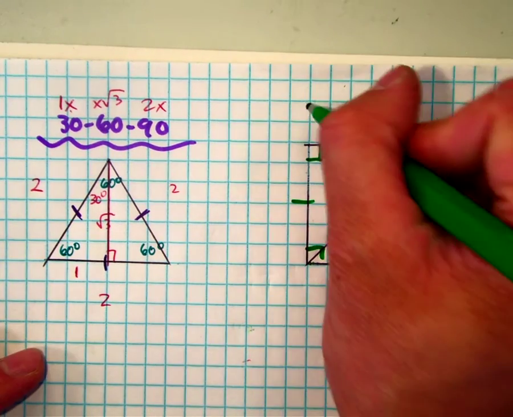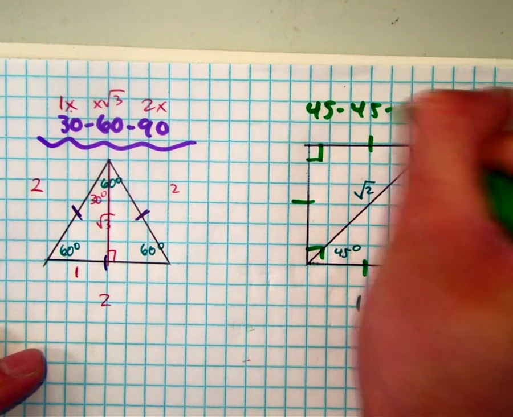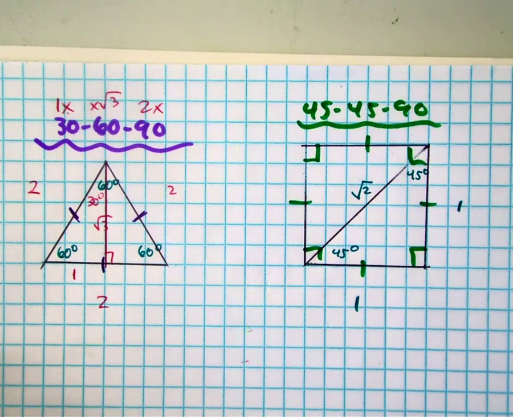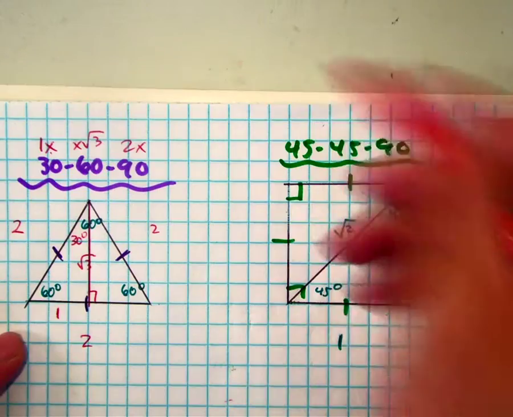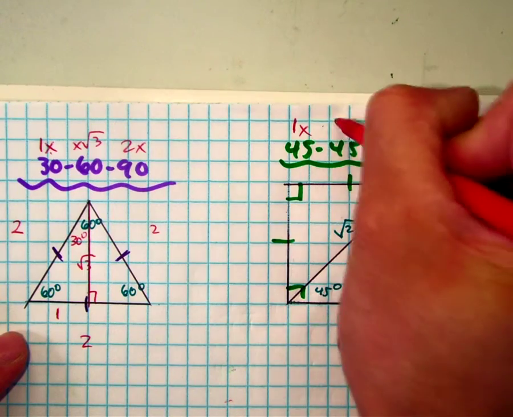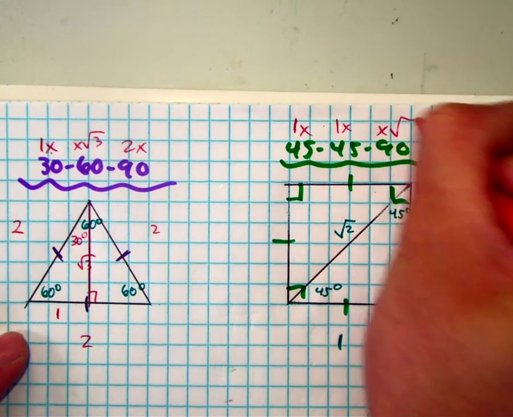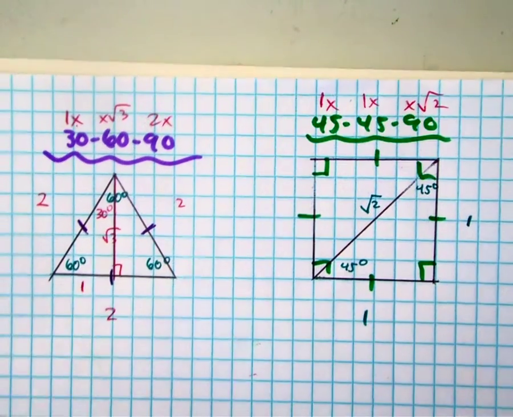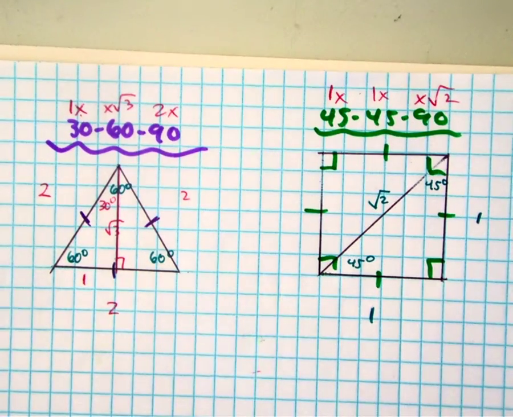So that means in a 45, 45, 90 triangle, the shortcut that you have is 1x, 1x, x radical 2. And this might help you understand the reference angles in a right